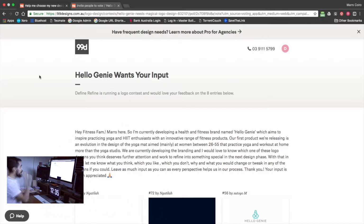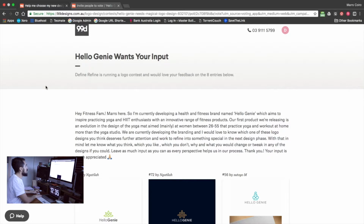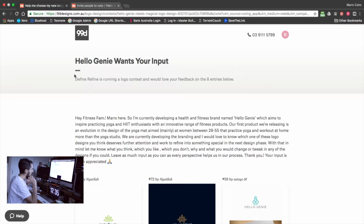So basically, if we go to the screen, we'll see this is what the page generally looks like with the Hello Genie once you input the title. So this is basically the screen that the people that you send this to will see. And what I like to do is I basically send this to a bunch of people on Facebook, personal message through Facebook, email some friends that I know are interested in the particular product, or the service, or would be